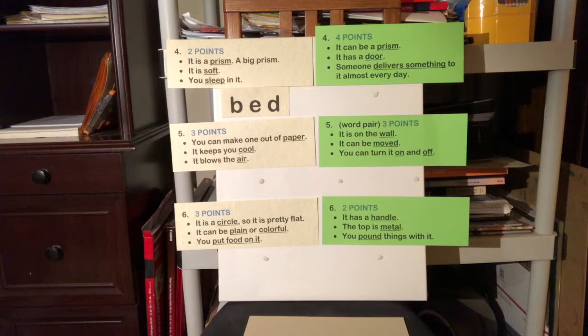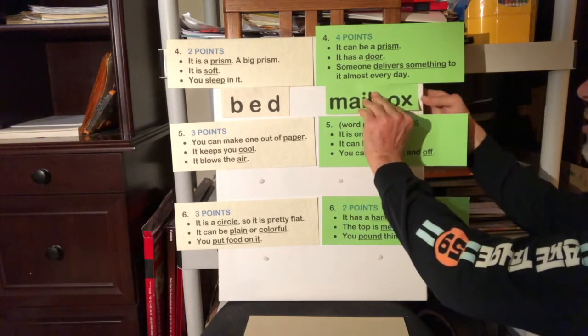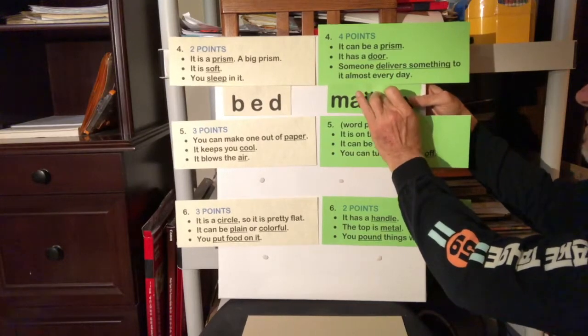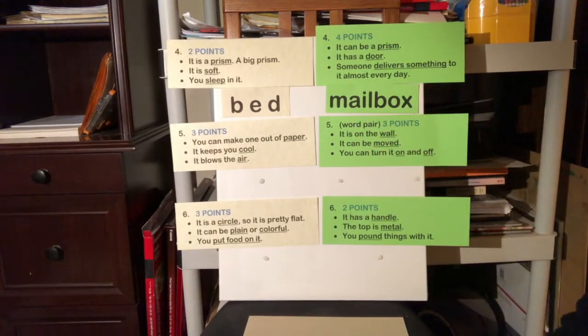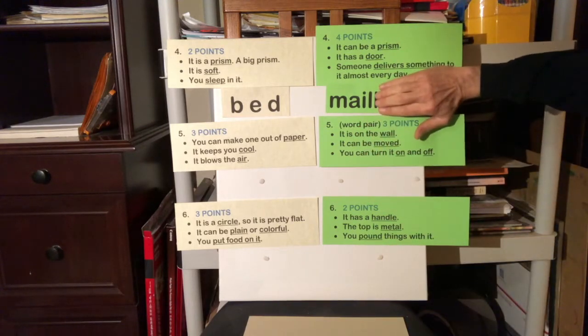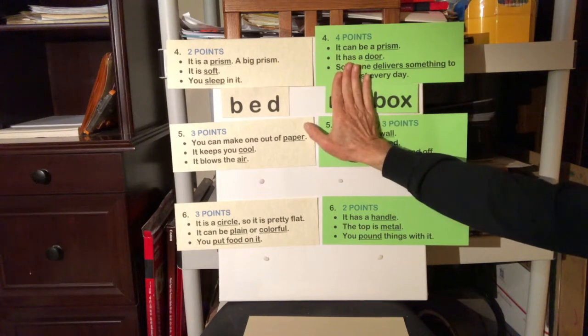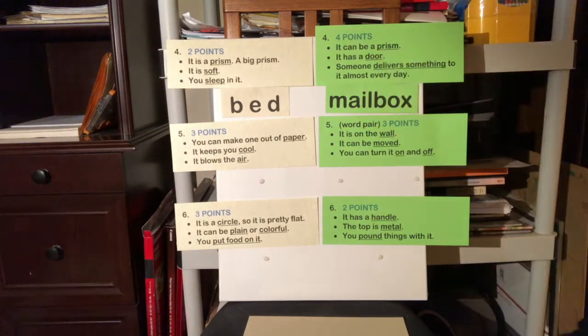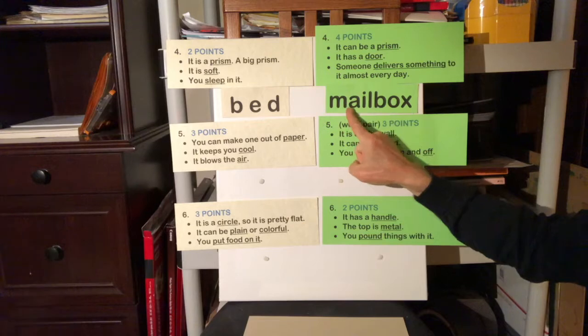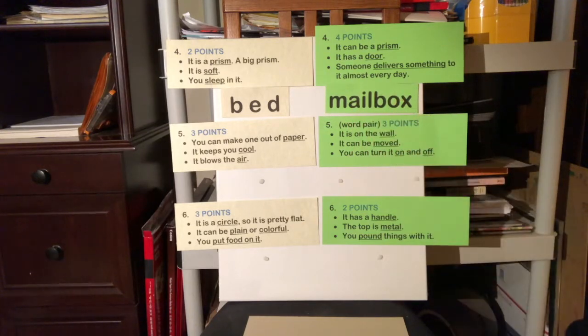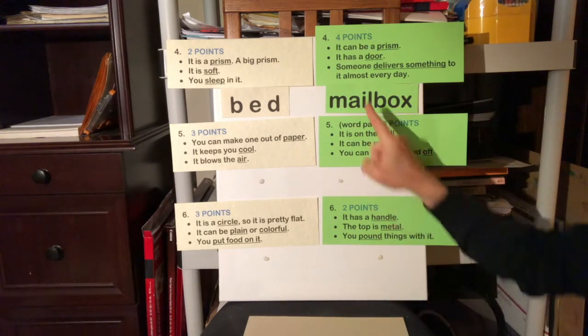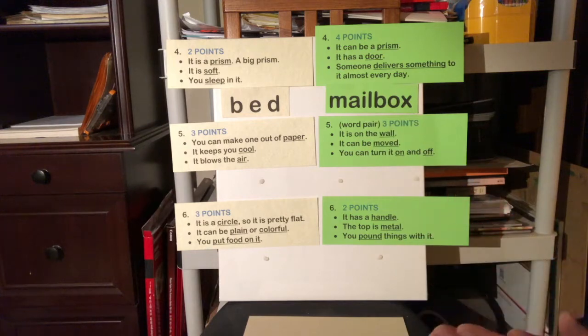Well, I've got a word here. It's a 2-clap word, but it's also a special kind of word called a compound word. And we talked about compound words once or twice before. This compound word is made up of 2 small words. Here's one, here's the other one. When we put them together, we have a brand new word. Each one of the words in the compound word is a 1-clap word, so put them together, we have a